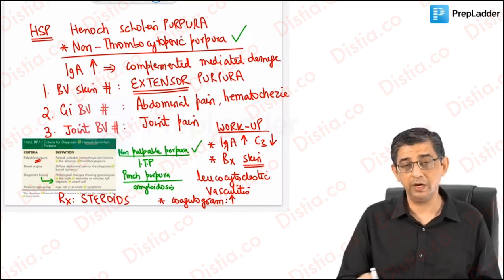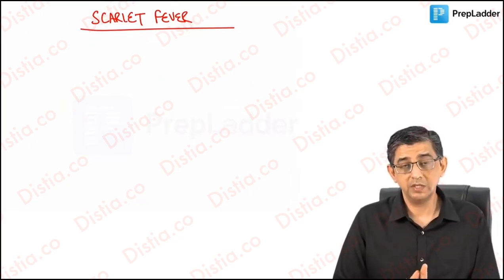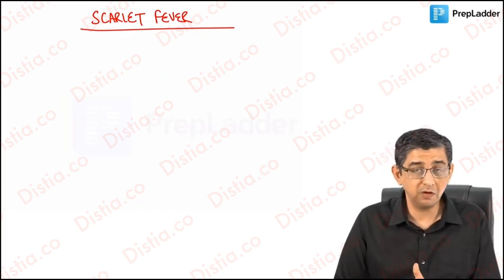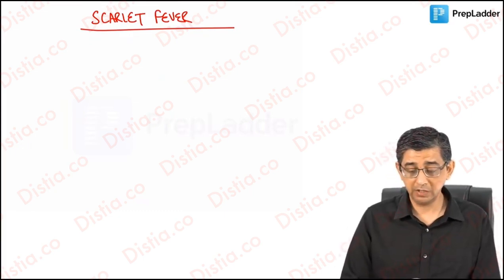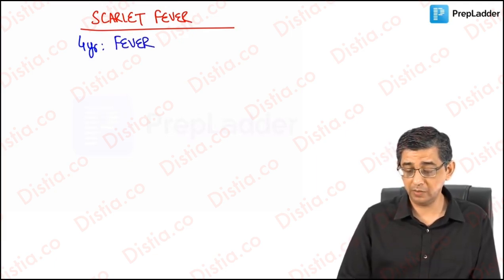If you get this word right, the rest of the question will be a piece of cake for you. I shall now be discussing a miscellaneous disease with you, that is scarlet fever, which you have to compare with features of Kawasaki disease. Well, Kawasaki disease can also present at 4 years of age, but there will be some subtle differences. Like in Kawasaki disease, which is discussed in the subsequent part of the app as well, the fever